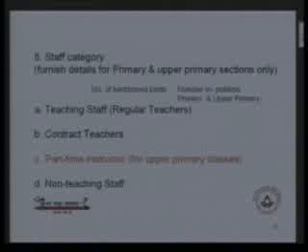In the 8th point we are asking about staff category. Here again, although we had clearly specified, we should remind you that this information has to be provided only for primary and upper primary sections of the school. Whether the school is primary with upper primary and secondary, higher secondary. For example, if a school is running from class 1 to class 12, then only we will give the information